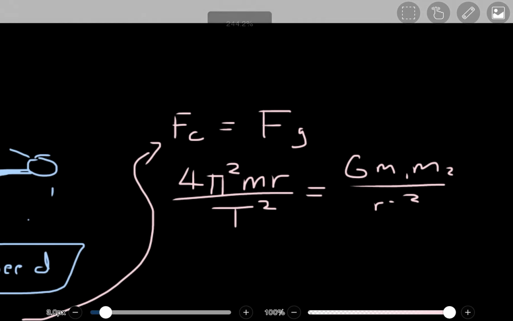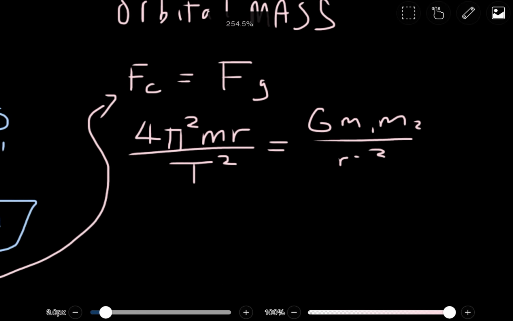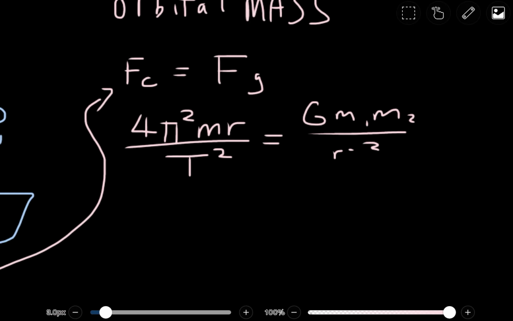So let's just write that down. Orbital mass of the object being orbited. Okay, we're looking for the mass. We can do some canceling out here, such as here and here. And if we do the isolating, what you will end up getting is the mass of the object being orbited is equal to